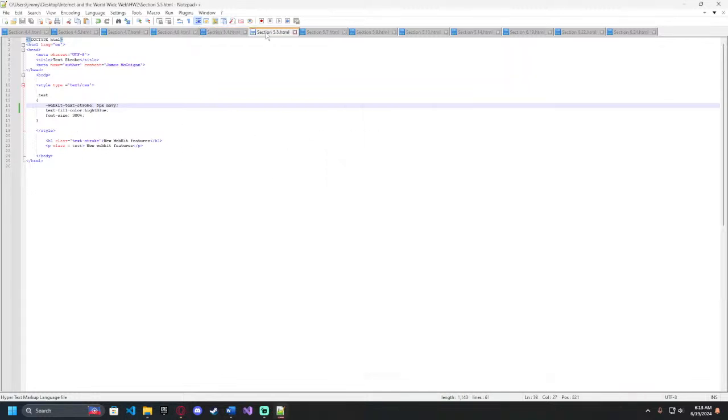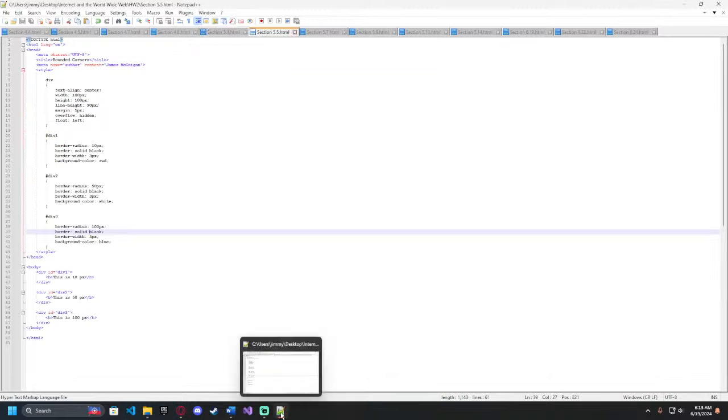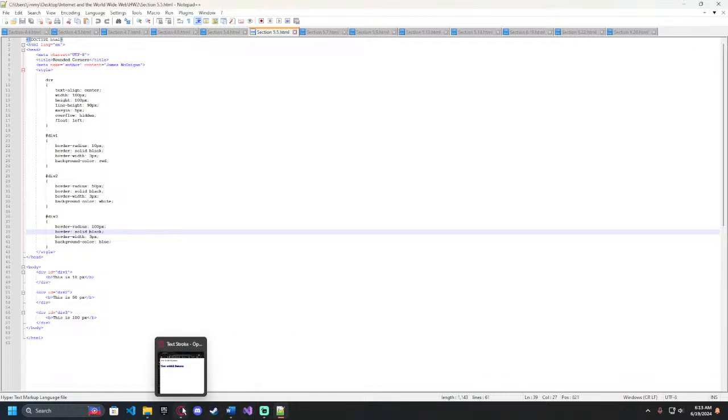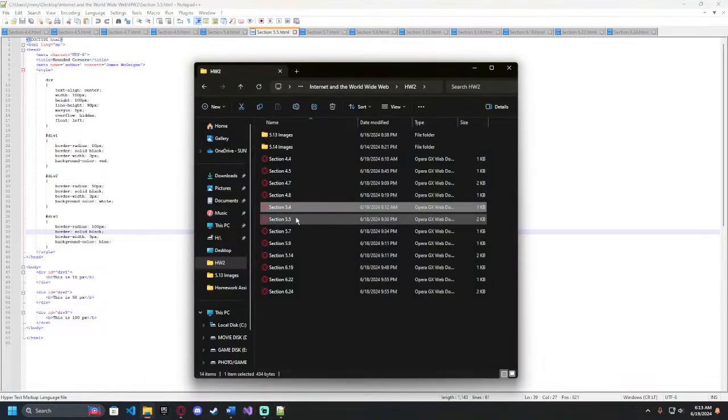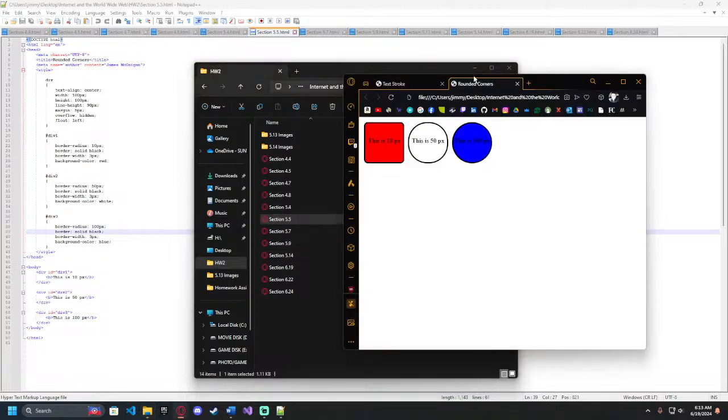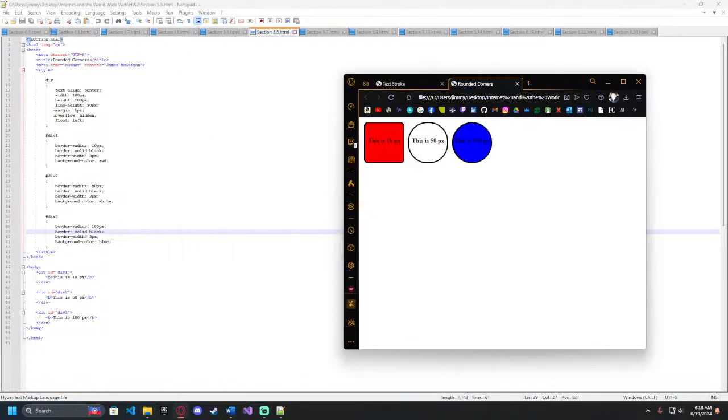All right, moving on to 5.5. Section 5.5. All right. Section 5.5, we're rounding the corners. So we're going to create each of these objects. We're going to